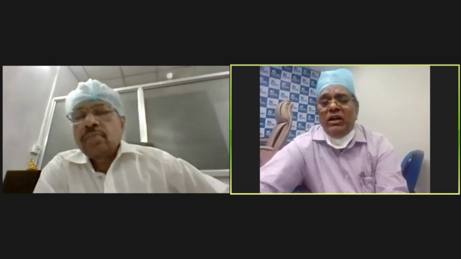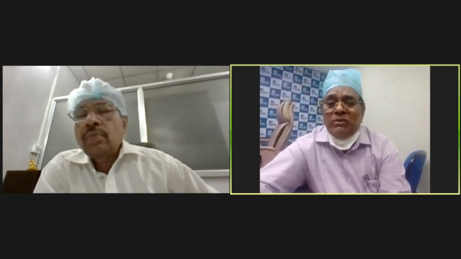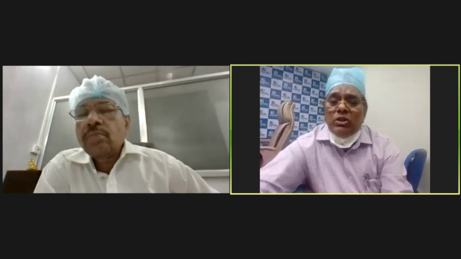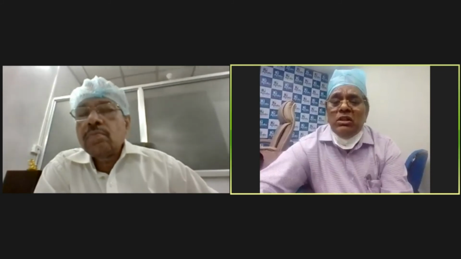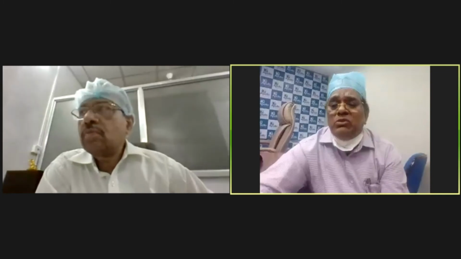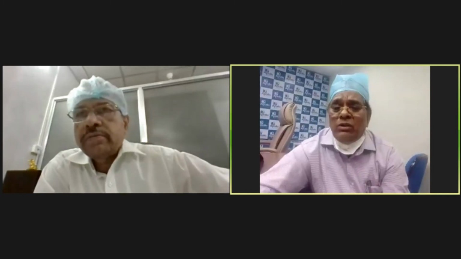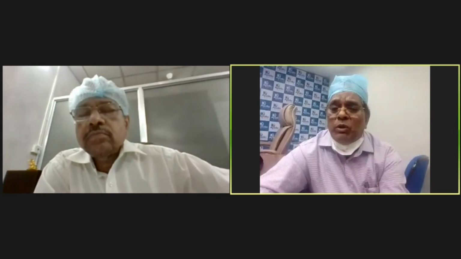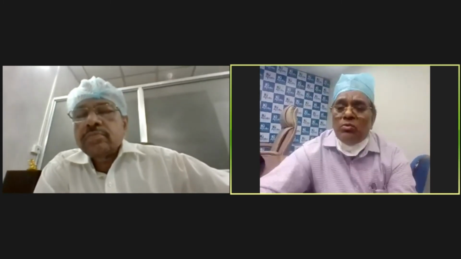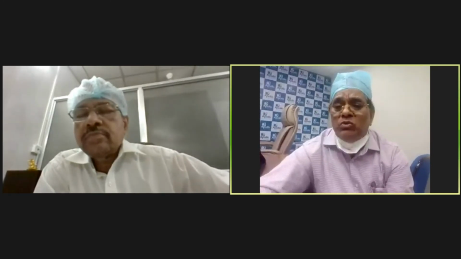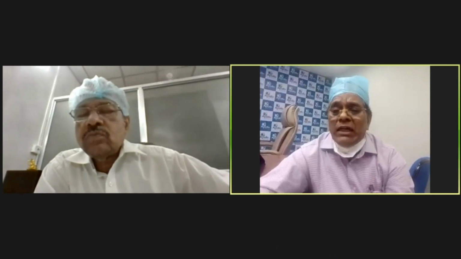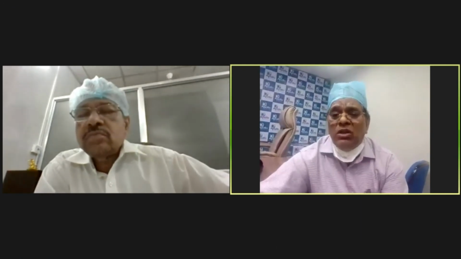That's the second thing. And carefully, this must be removed, microdiscectomy done. You invariably find a calcified disc, which must be carefully removed if you are doing a TLIF. Other precautions during surgery: even if you are going by anatomical landmarks, you have to observe that you are putting the screw in the proper place. It should not perforate, it should not go into the disc space, it should not perforate the dura. That must be carefully watched while performing the screw placement. And finally, you tighten, check again whether things are all right, then you close and come out.